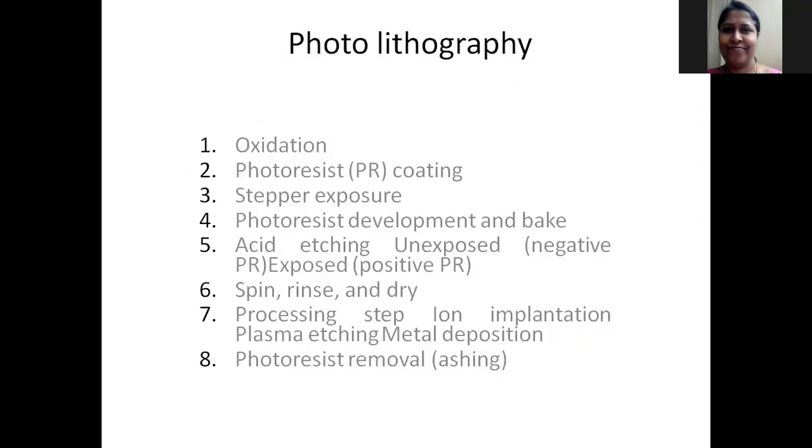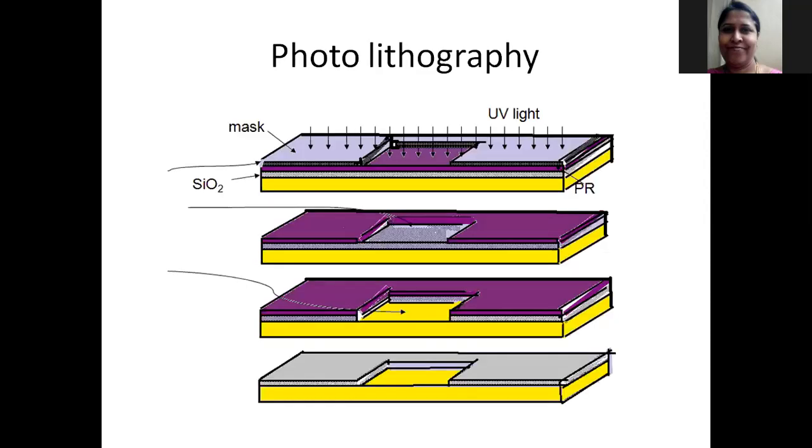We have to cover the entire surface with photoresist material. Photoresist material is nothing but photosensitive material. That is, when it is exposed to light, it reacts. So it may get hardened after exposure, or the exposed portion may be unaffected, and the unexposed portion may get hardened in another type. Here the violet color layer represents the photoresist material.